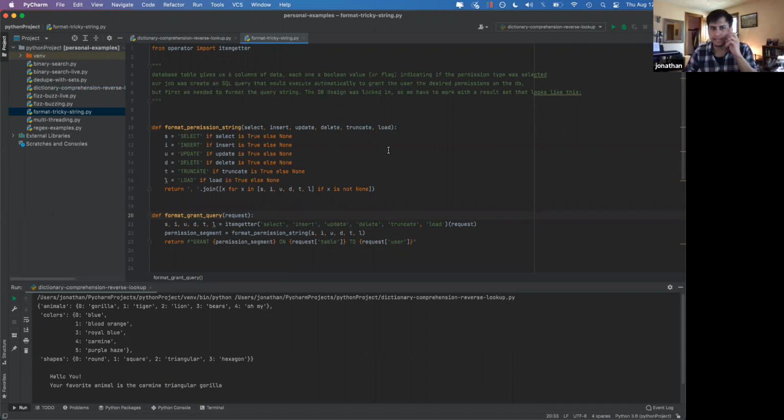Let's look at formatting tricky strings. So once again, string manipulation, big part of day-to-day operations. And this is the one where I said you get the data you get. We have a database design that I consider less than ideal as a developer, but you gotta work with it. And the way the database design looks like